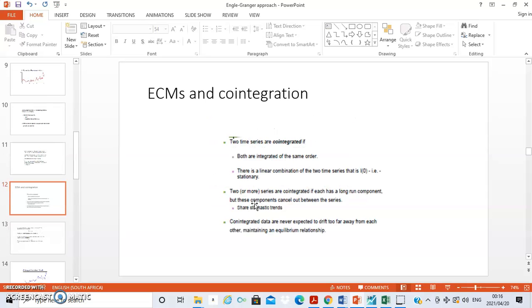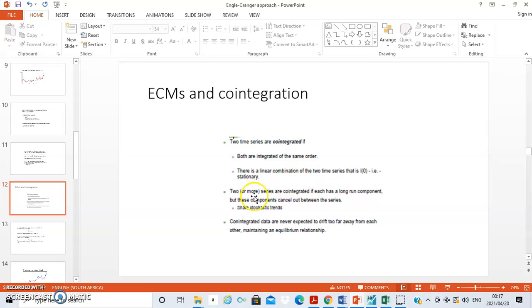Okay, now what is co-integration? If we consider two time series that are co-integrated, we are saying that if there is co-integration among the variables, they should have some long-run relationship. To start with, both variables should be integrated of the same order. So if we assume they are all integrated of order one, that would mean there should be a linear combination of the two time series such that they are stationary in levels. Some linear combination of these variables should be stationary,